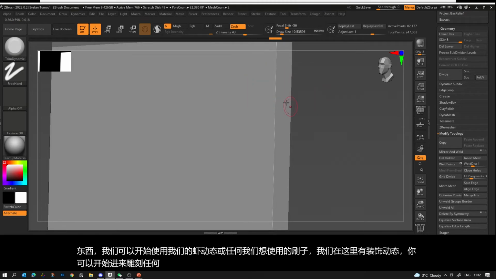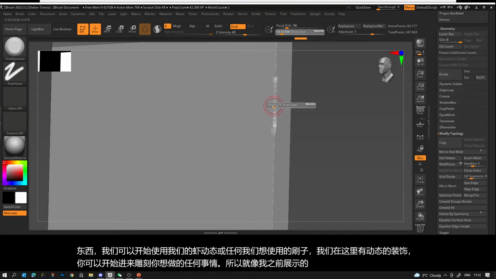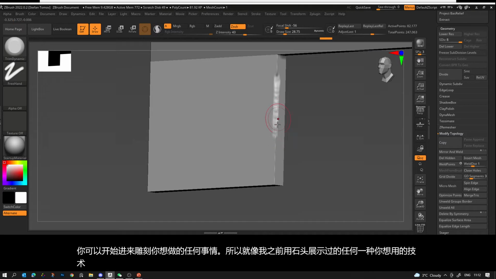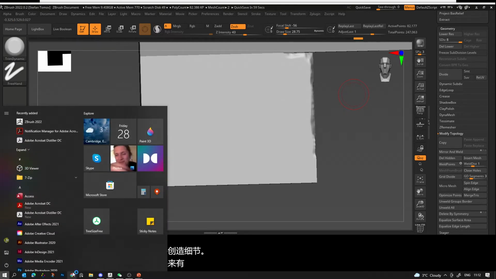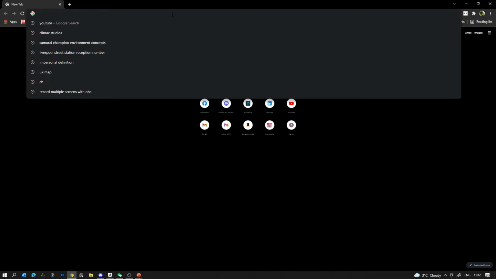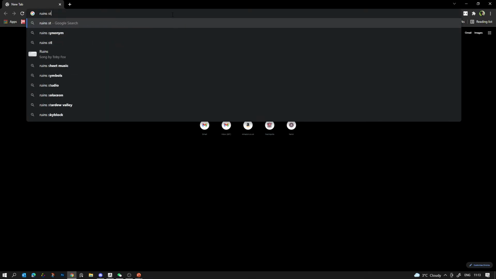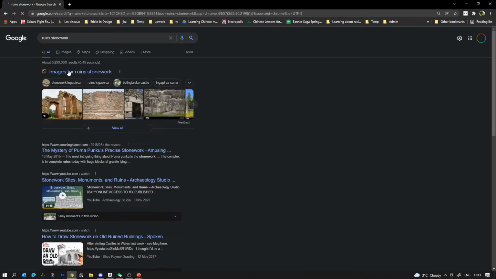So just like I showed before with the rocks, any kind of technique you want to use to start, coming in here and creating details to break up these shapes and make it look a bit like stone. And I always recommend as well you go on Google and you find references for ruins, stonework, or whatever it is you're looking for,